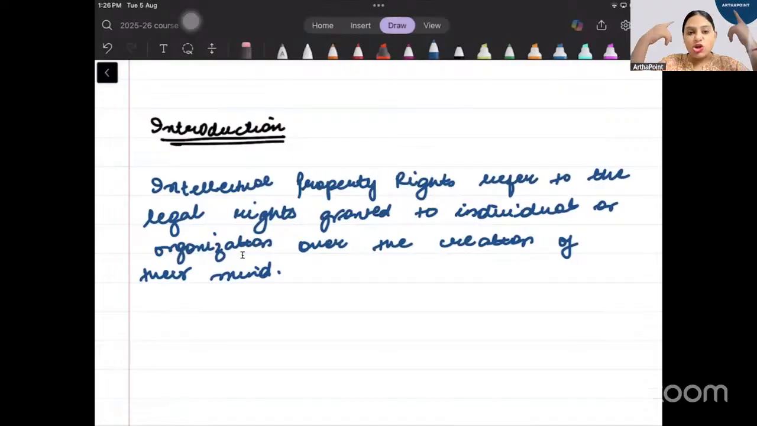So intellectual property right means whatever is in my mind, whatever is my thought, whatever I am creating, whatever ideas I am creating, when I get legal right for that, जब मुझे मेरे आइडियाज क्रिएट करने के लिए कुछ लीगल राइट्स ग्रांट किए जाते हैं, then that is called as intellectual property right. Right. So write down these creations